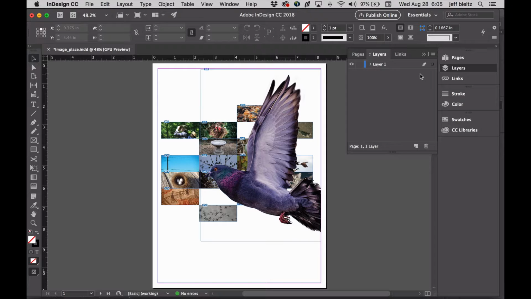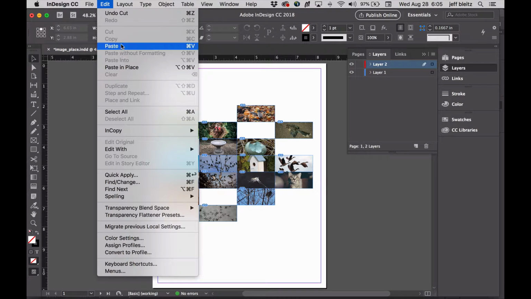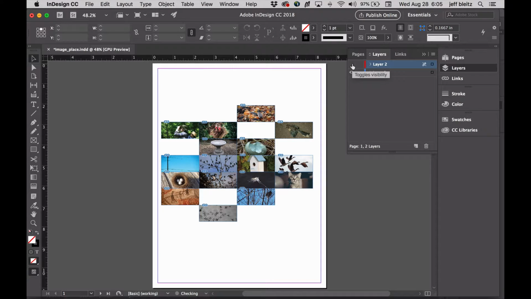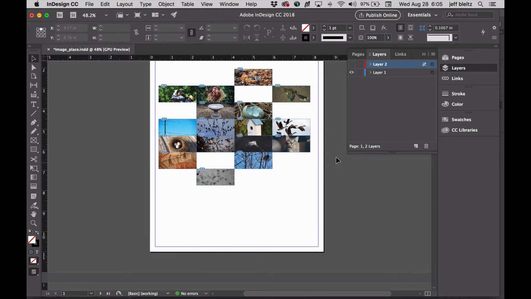If I go to my Layers panel, right, so layers, and I create a new layer, the common way to approach things for beginners is to cut, Command X, that pigeon from layer 1 and then go to layer 2 and then either edit paste or paste in place, and now it's on layer 2 and I can turn it on or off. Well, that's one way, but a faster way